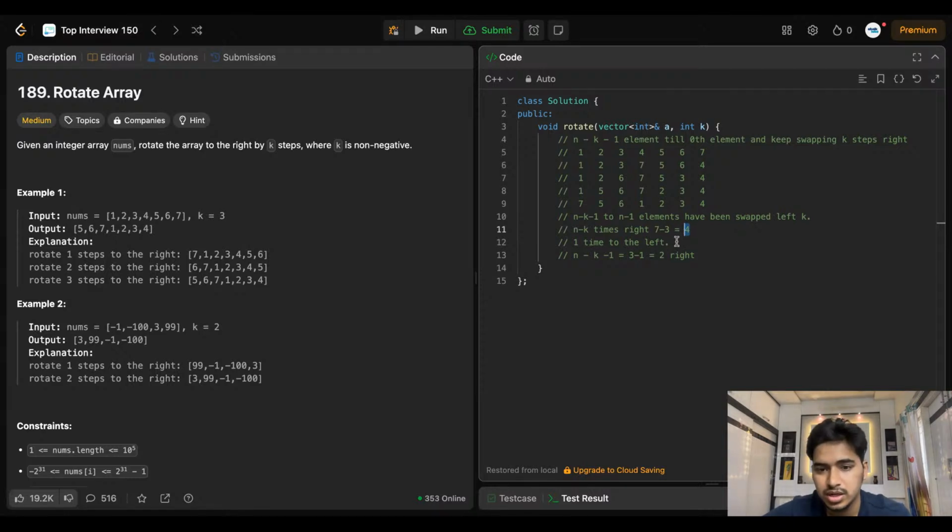So to compensate it, it needs to move n minus k to the right, right? So n minus k. So that is 7, k minus n minus k. Okay, that is equal to 2k minus n to the left, which is equal to,